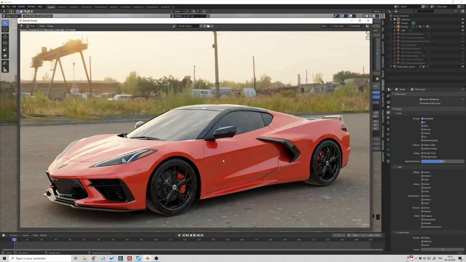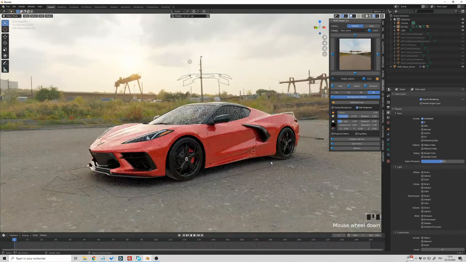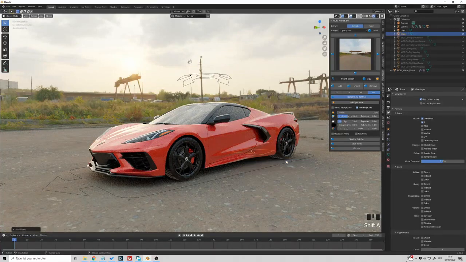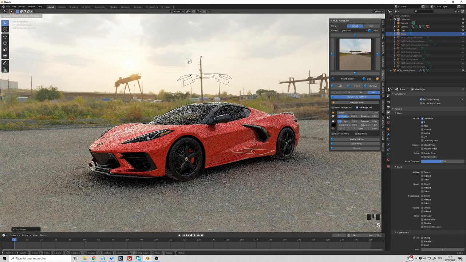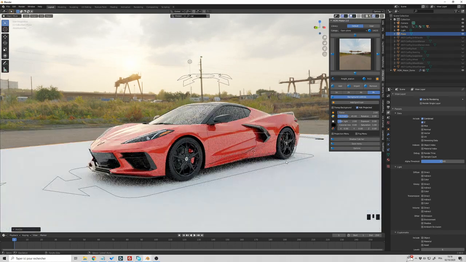One of the issues that I have now is here, the shadows or the lights are not properly reflected. So we have to create a ground to fix this. Okay, now to fix this light issue, what we're going to do is we're going to add a plane. So Shift A, Mesh, Plane. We're going to scale it, maybe 16 times. So S16. Okay, that's enough.